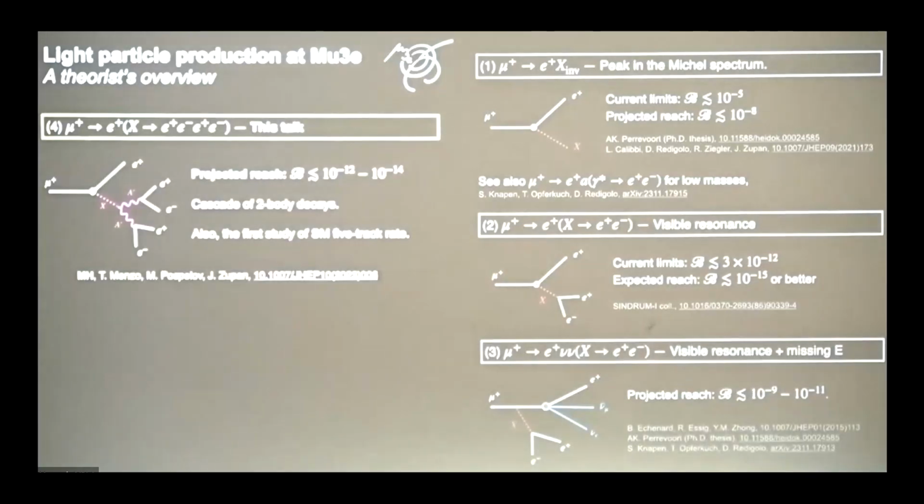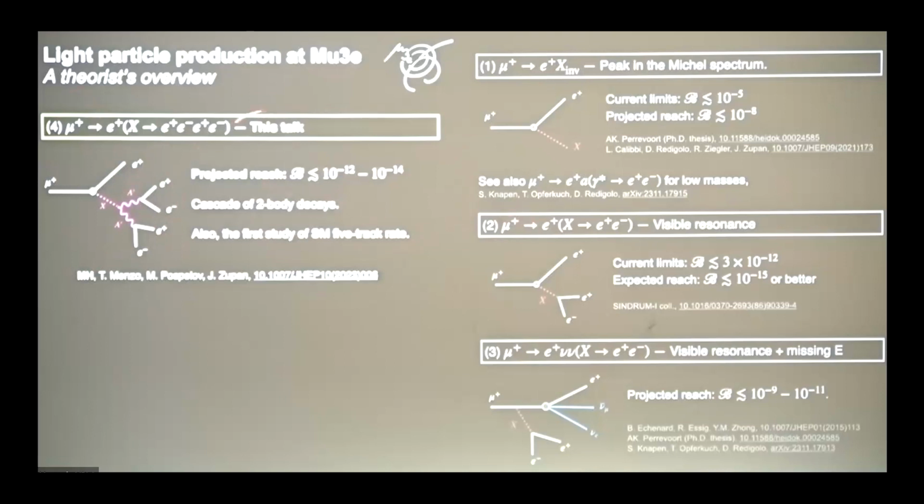And then comes this talk and this paper with Maxime and Jure, where we looked into the next logical possibility. You only get to play with electrons in muon decays in this case, and you have to go two by two in odd numbers of electrons to conserve charge. So the next logical possibility is mu to 5e. If you want a light particle search for this, you would emit some new particle X, which decays to two other visible resonances, each with their own e plus e minus associated with them. So we think there is great reach for that.